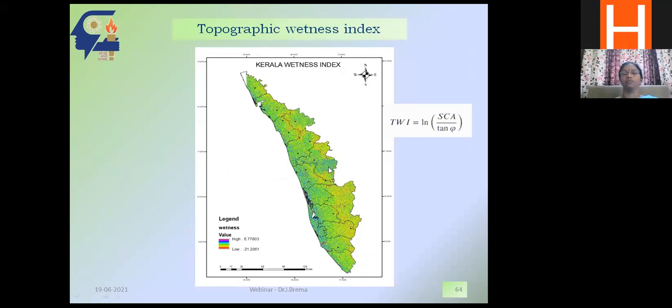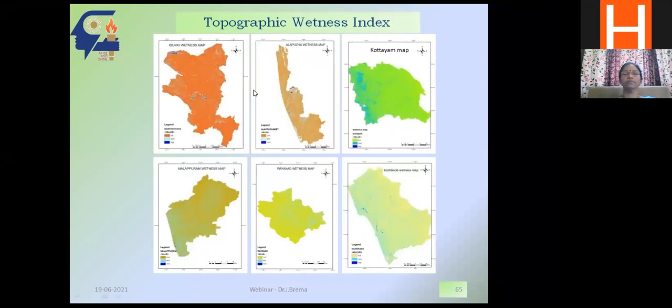As I was telling, Idiki was facing more landslides. The reason is the wetness increases as your number of rainy days increases. Being a hilly sloping area, the landslides were very high in Idiki district. So we quantified this topographic wetness index, and we could see this wetness was high in such places. Naturally, when the rainfall is high, these places will experience landslides. So for each of the districts, the wetness indices were derived, and the spots with high wetness index were also identified and estimated.